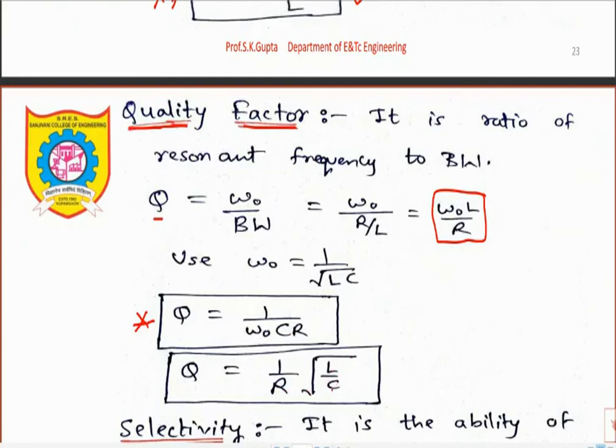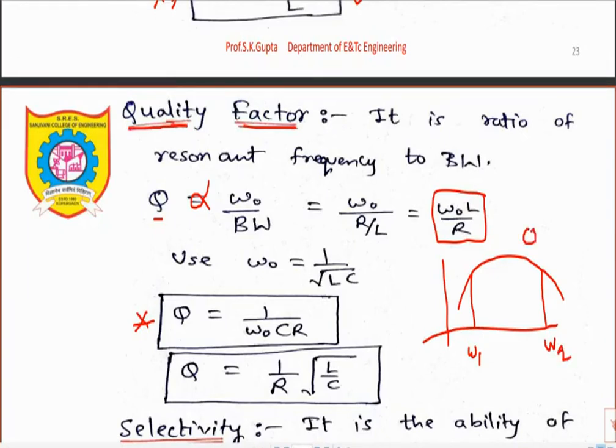Even for the competitive exams, they may ask if R is increased, what is the effect on quality factor? Whether quality factor will improve or it will decrease. Questions like that are always possible. So remember these three formulas of quality factor. Then next, you can see here, the quality factor is inversely proportional to bandwidth. So if quality factor value is small, we will get large bandwidth. So here omega 1 and omega 2, our useful frequency range will be more if quality factor value is small.